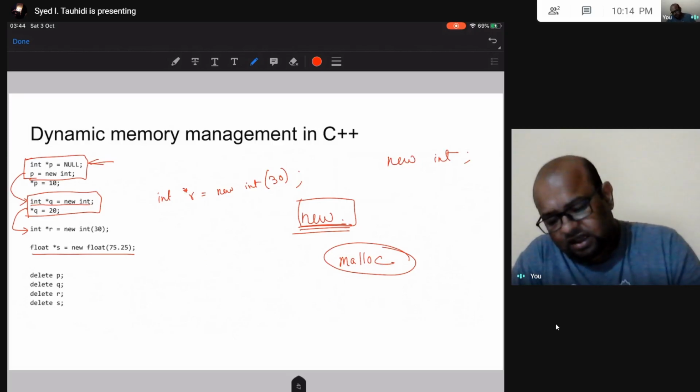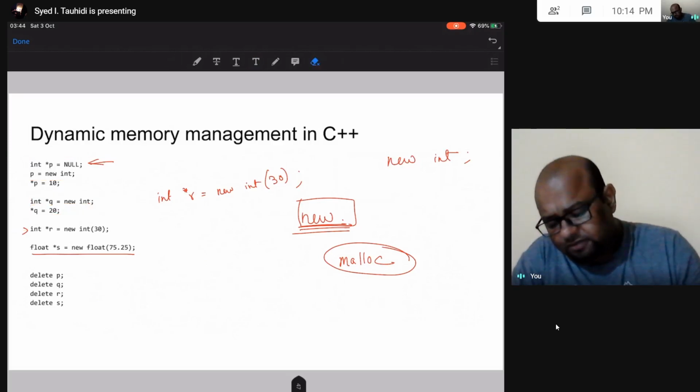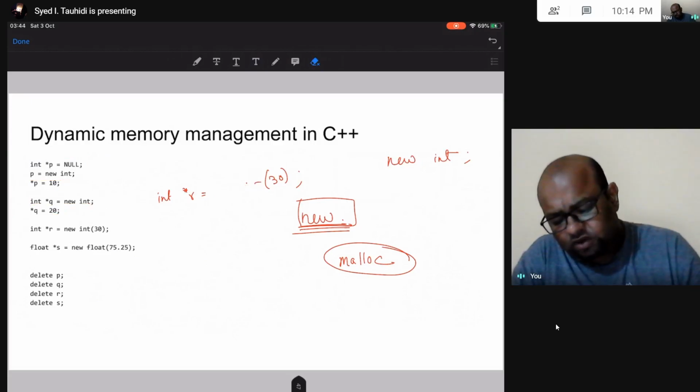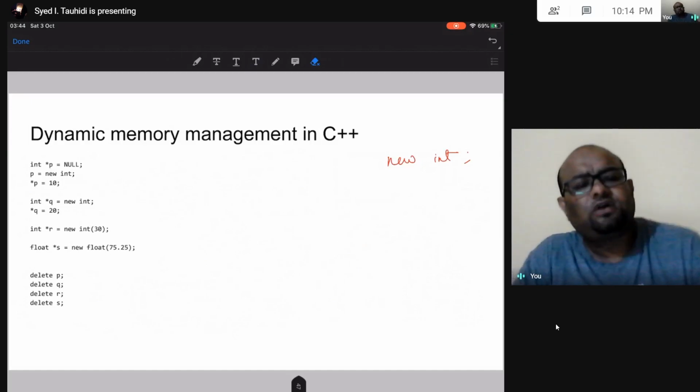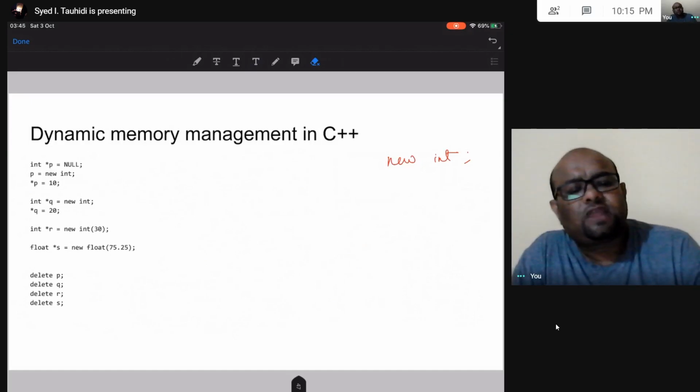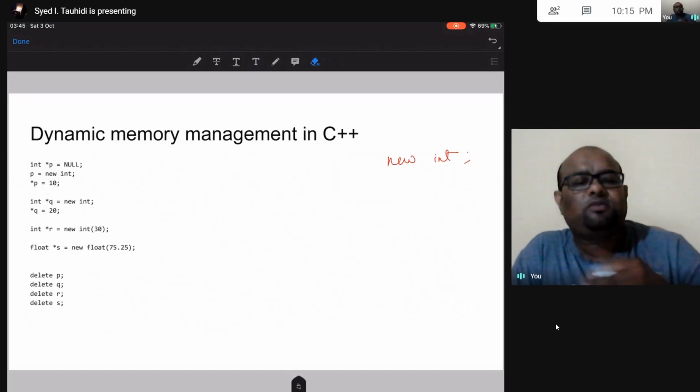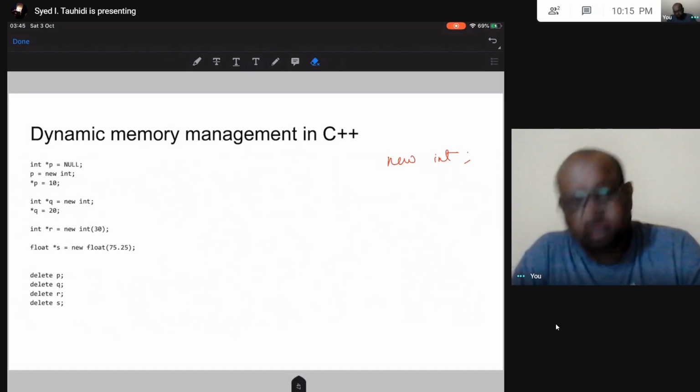Okay. Now like before, when I allocated memory in heap using malloc, I freed using this free function, right? So when I allocate memory in heap, I have to free them up. So in C, I use the malloc function to allocate memory, and I use this free function to deallocate, to free up the memory.